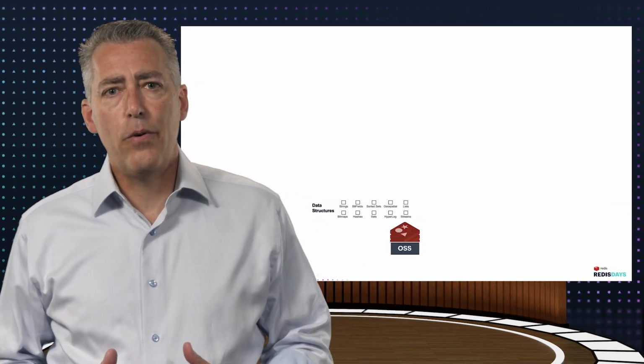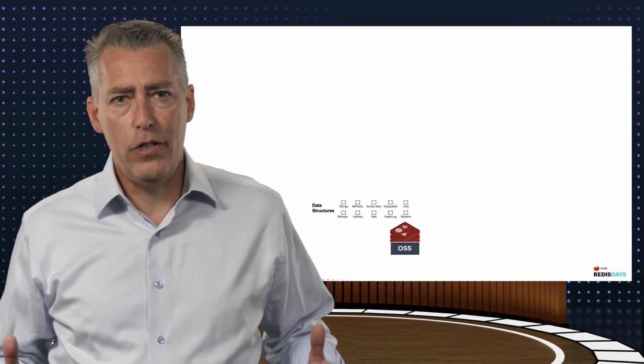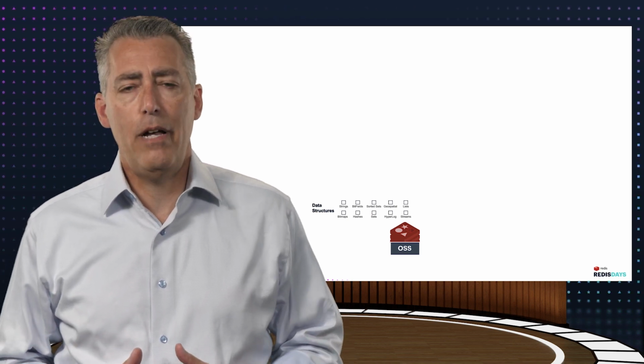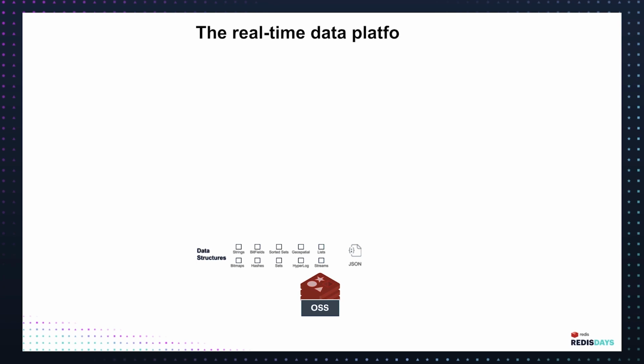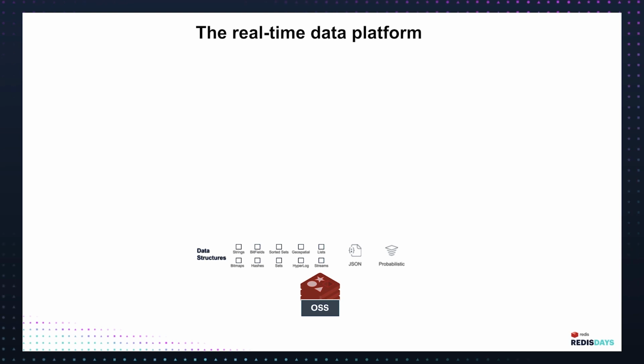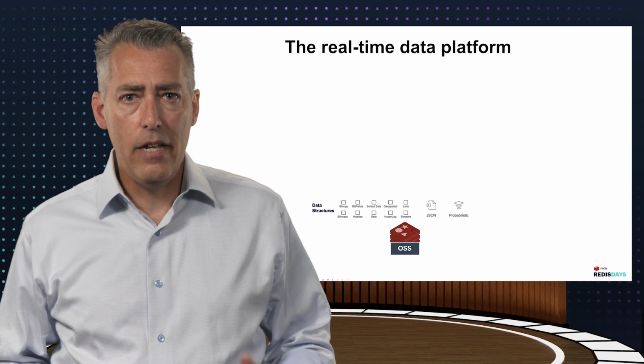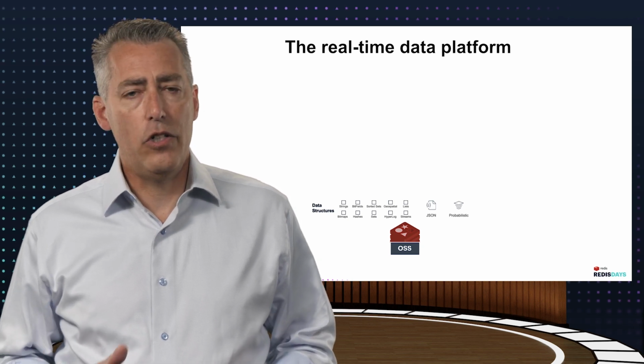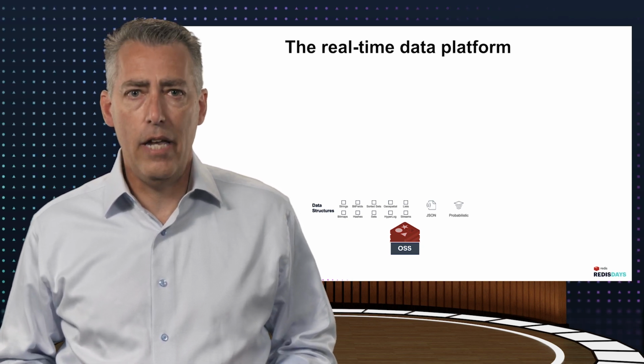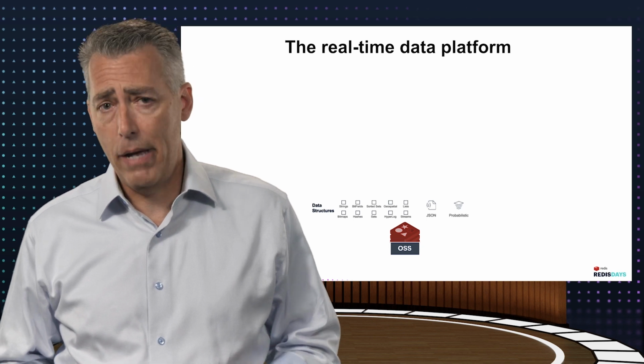What we've invested in to create Redis Enterprise fulfills our vision for a comprehensive real-time data platform. First, within Redis Open Source, we have a core set of data structures which allow developers to easily store and retrieve data. We've extended this in the past few years by adding support for JSON data and probabilistic data structures such as Bloom filters, tdigest, and most recently support for vector embeddings.